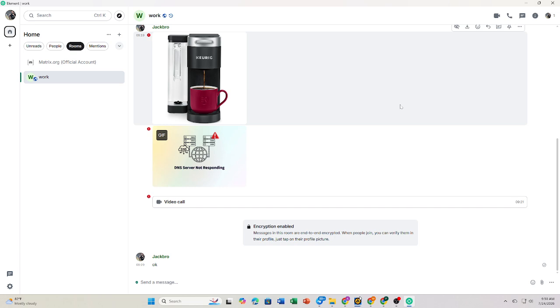And that's it. You now know how to update Element Messenger on your computer or mobile device and keep your